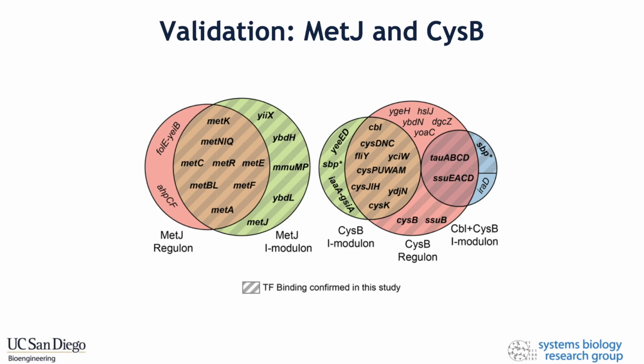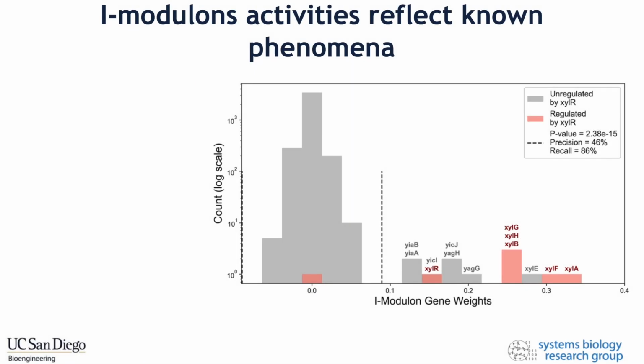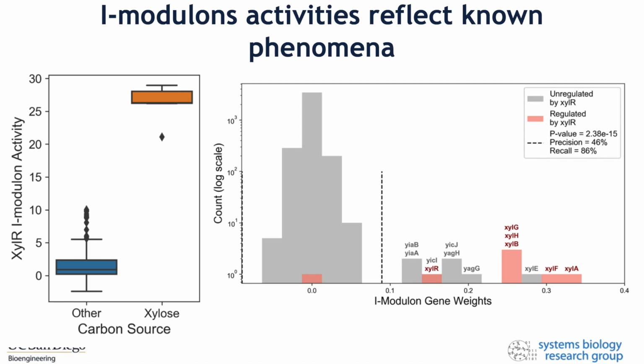So now that we have reasonable confidence in the iModulons, we can look at what biological phenomena can be recapitulated by this framework. For example, here I've shown the XylR iModulon. Many of the genes here are known to be regulated by XylR, but many of the genes have no evidence of XylR regulation. When we investigate the activities of the XylR iModulon, we see that the activity is very high when xylose is the primary carbon source, and it's near 0 when it's any other carbon source, similar to the